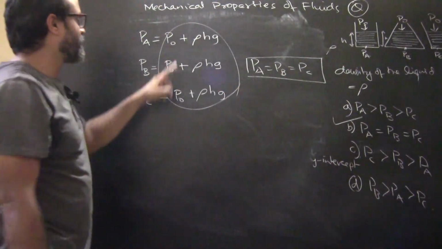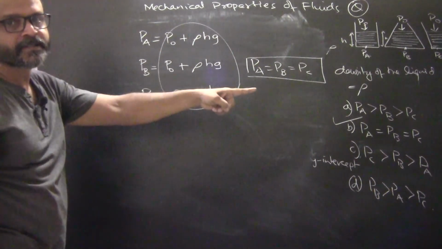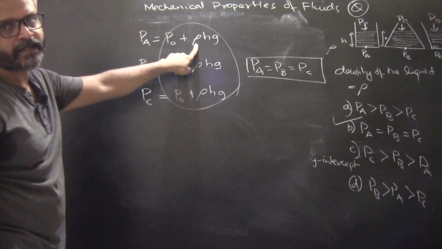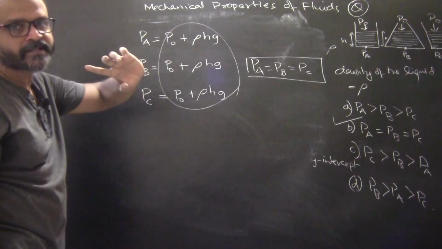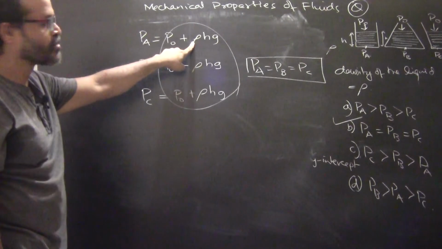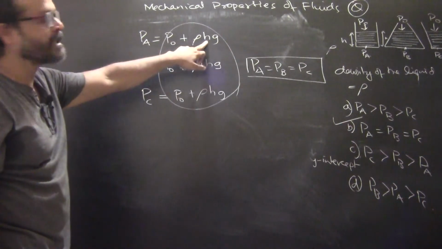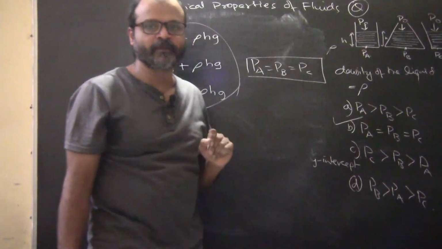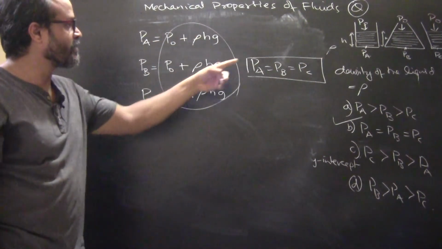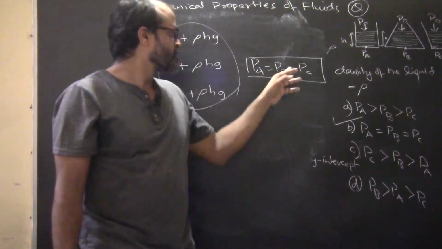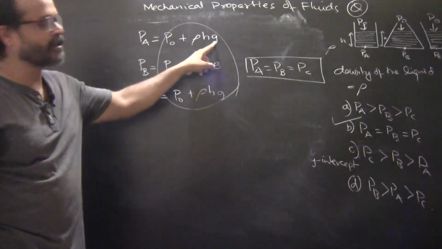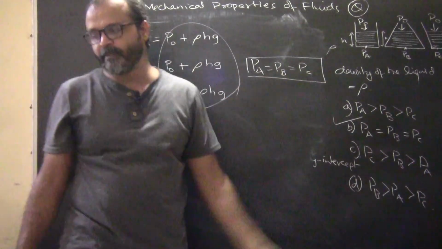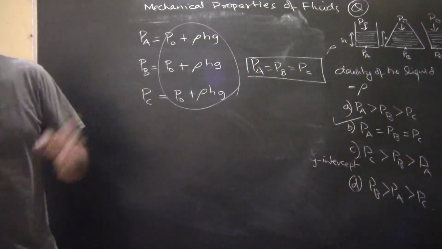See, the pressure depends on the atmospheric pressure, which is the same for everybody. The pressure at a particular point also depends on the density. Since the liquid is the same in all three flasks, the density remains the same. Again, the dependency is on the height of the point from the surface of the liquid, and in all three cases this height remains the same. Of course, g is the same for everyone. So PA will be equal to PB will be equal to PC. You can take a snapshot of the same.